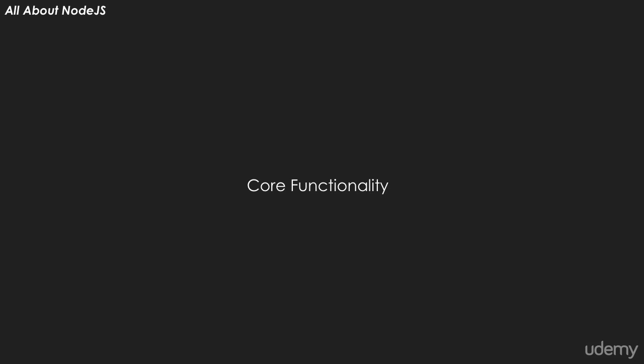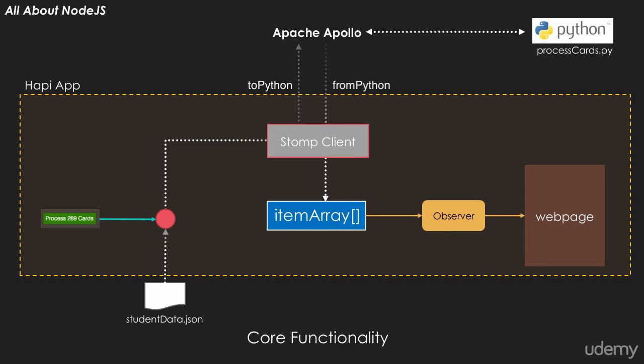Before we nail down the core functionality of our happy app, let's try and understand how it works in the first place. This will help you understand the code bits better. When you press the process button, the studentdata.json file is read in and via the Stomp client module published to